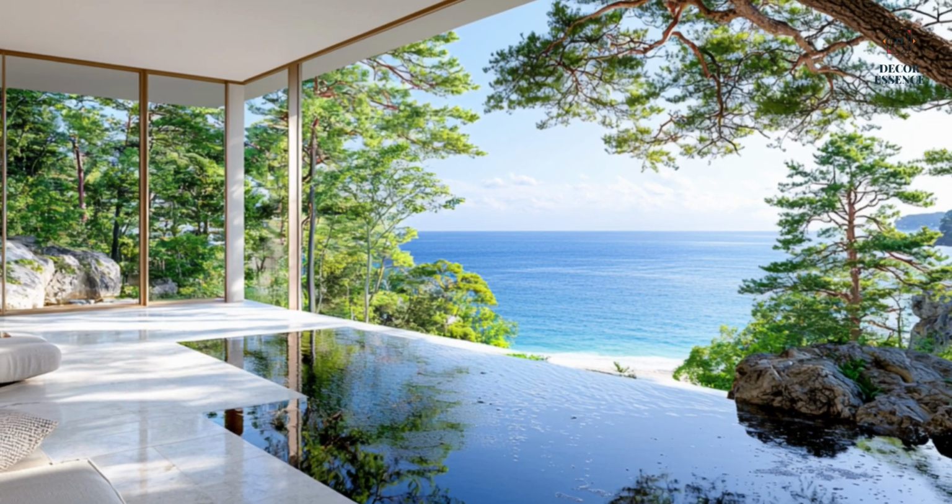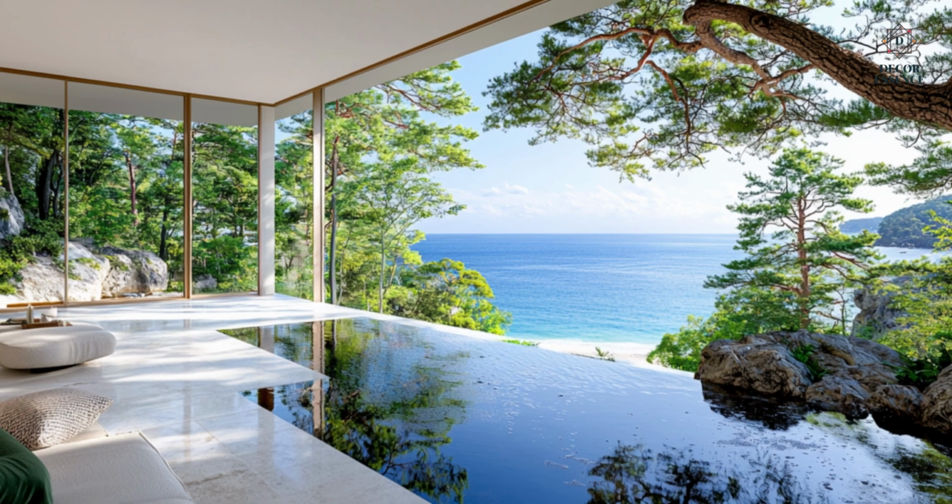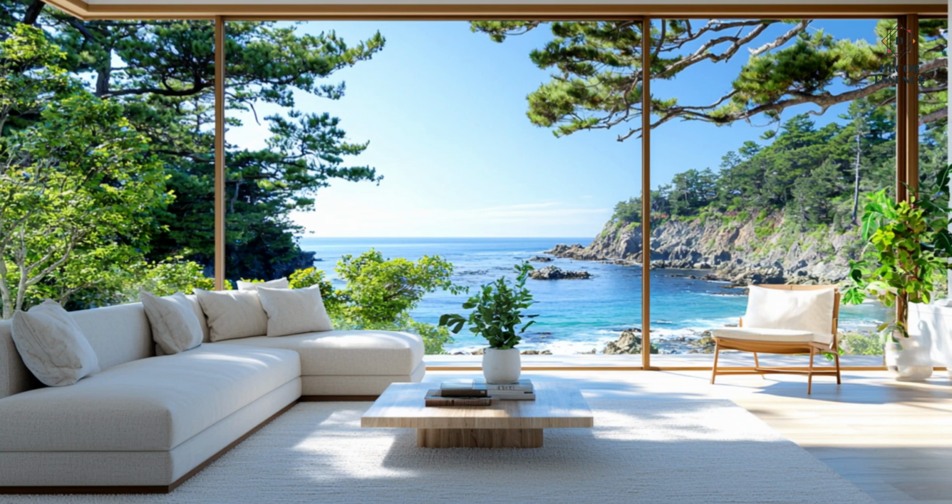The use of glass enables the house to open up to its surroundings, making the residents feel as though they are constantly connected to the natural beauty outside. The living room, positioned on the upper level of the house, offers breathtaking